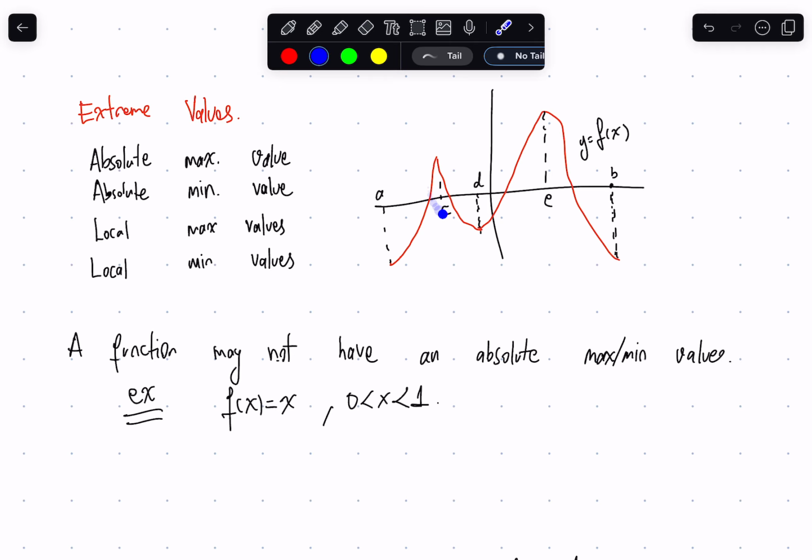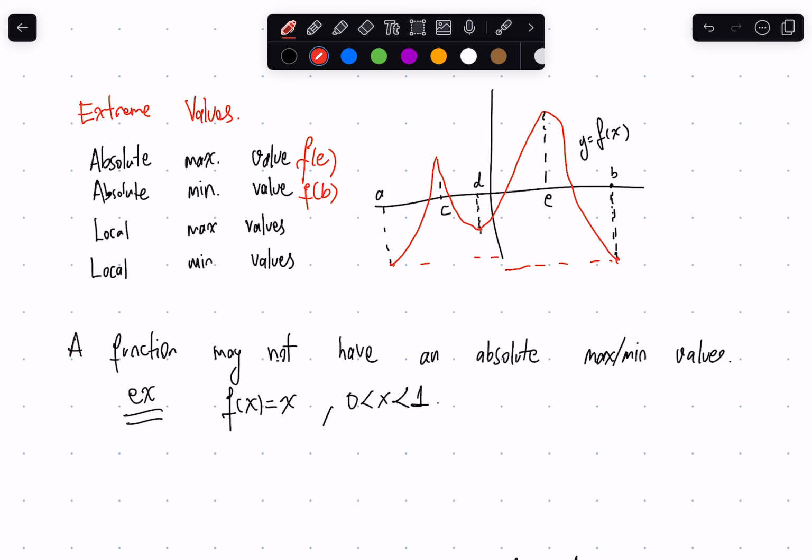So for this function, what is the absolute minimum and absolute maximum of this function? So the absolute means the one which is greater than all other values. For example, for this one, f of e is the, let's write in red, f of e is the absolute maximum value, and it looks like this is slightly more negative, right? So f of p is the absolute minimum value,